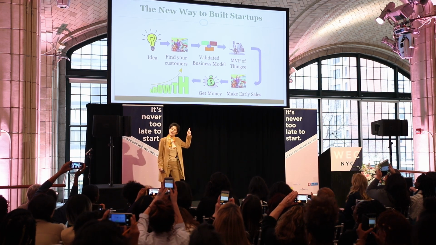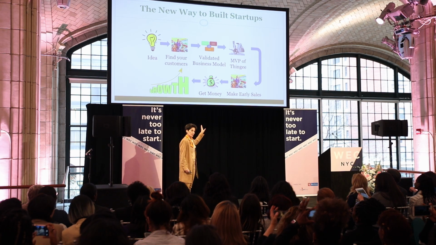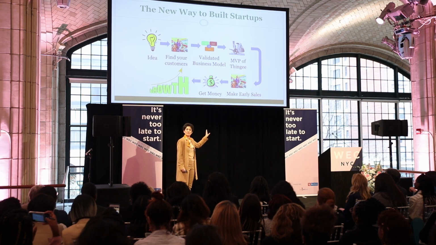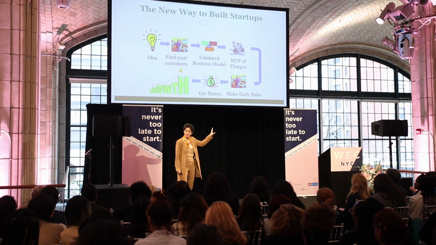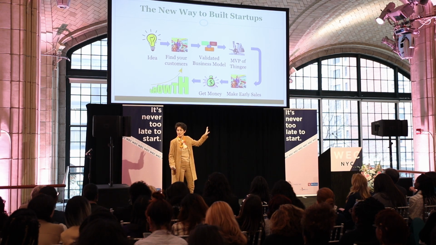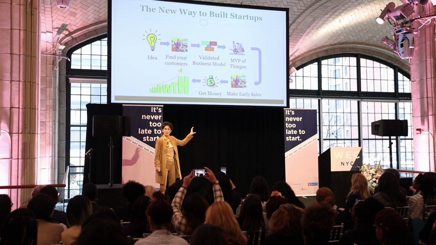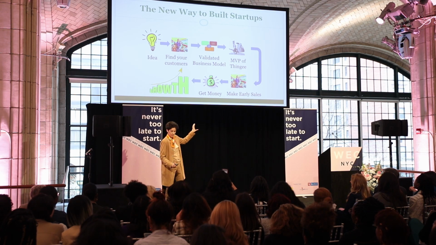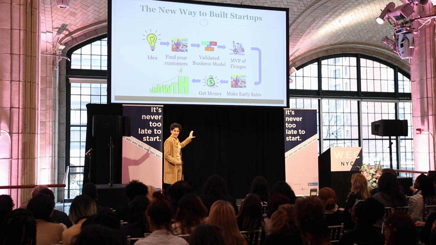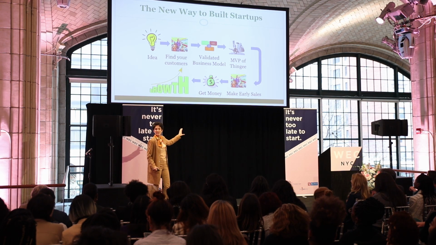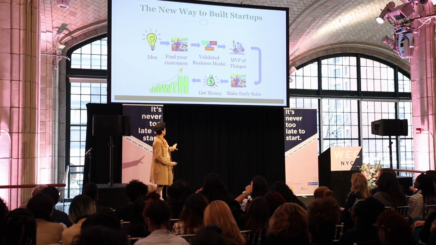You have an idea, you find your customers first, right? And after that, you do a business model and validate it. So you have hypotheses, you validate them, and then you build something, an MVP, cheaply, and you test the most important things. MVP does not stand for most valuable player, it stands for minimum viable product, right? Then you make a few sales, you prime the pump, and you start getting more and more money. This is the way that works best.